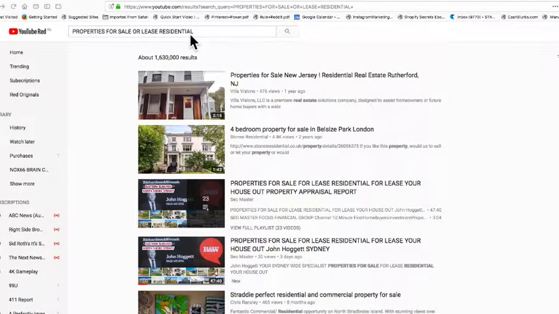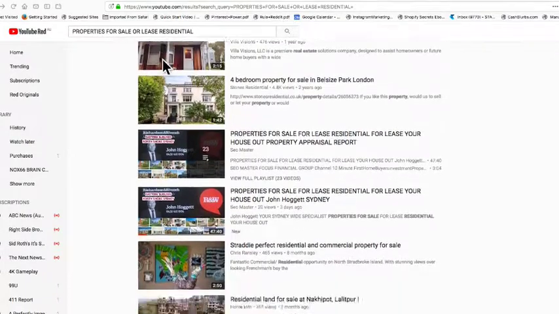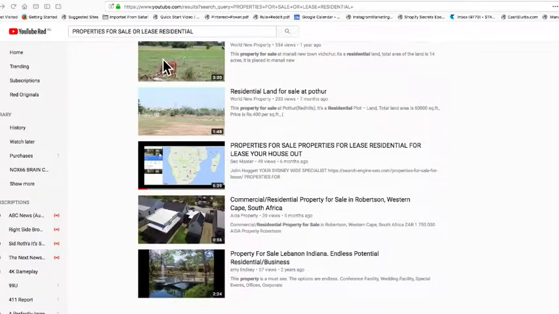Properties for sale or lease, rental, residential. Now these words in total are one. You normally don't count those, so properties, sale, lease, rental should also be fine, and I will check those in a minute. But let's assume that there are essentially 1, 2, 3, 4 words. Now these words, to be on page one without the name of the company, there would be about 1,630,000 results. And here you can see that there's only a handful.